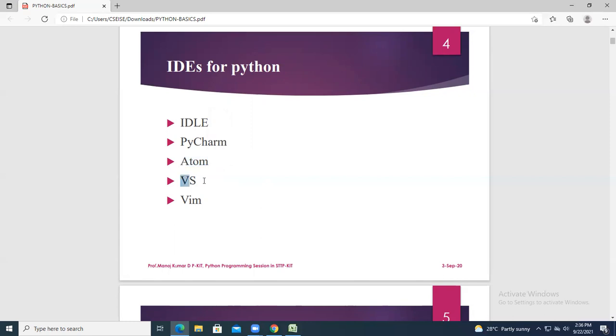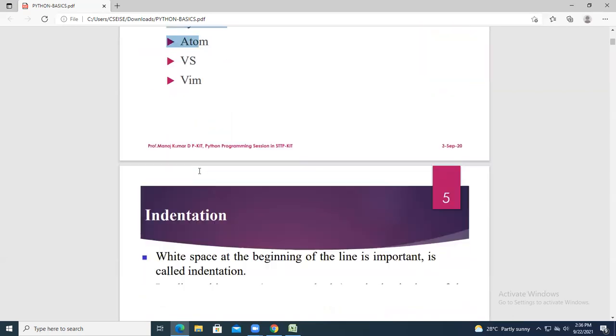Next is Visual Studio and Visual Editor. Visual Editor, VIM, is used in the Linux operating system, whereas PyCharm and Atom we have gone through in the Windows operating system. So these are the environments where you execute your Python programs: IDLE, PyCharm, and Atom. These are the IDEs.